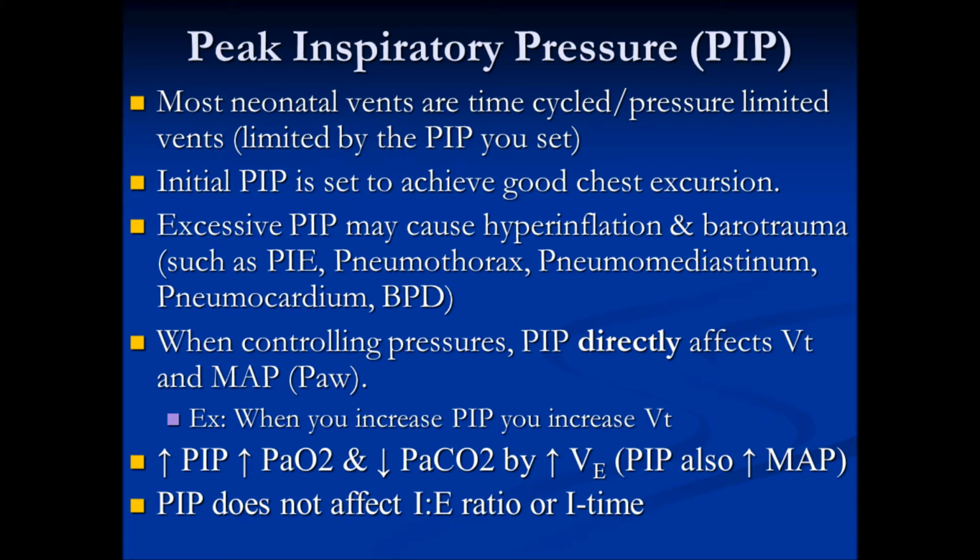So if you have a blood gas and it states that the patient is hypoventilating and you want to ventilate them more, if their PIPs are not set too high, then you can manipulate the PIP. If your PIP is already set at a high level, then you want to consider manipulating your time. So PIP is the first